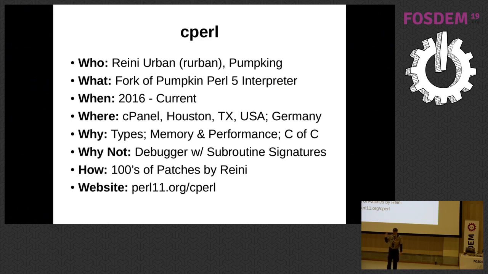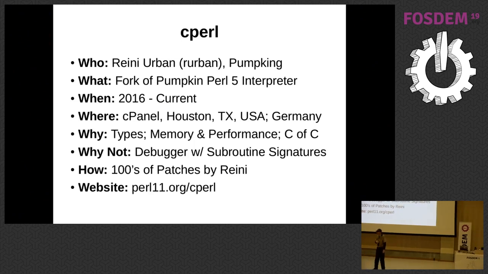He's written several hundred patches himself, which have been rejected by the Perl 5 development community based on disagreements they have. Who knows who's right? In the technical world, I think Reini is mostly right. In the interpersonal world, I think the other people are probably right. But now we have a fork, and Reini has applied 200, 300 patches, whatever he's written, to save a bunch